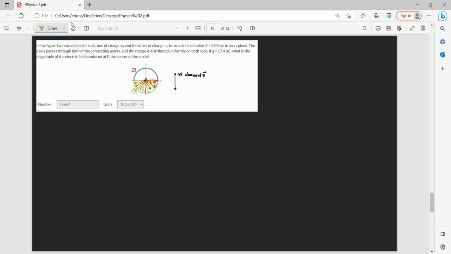So if I were to write this out, we have 2 of these, k, Q, separation distance, 0.05 squared. And so I'll draw out what this looks like. Since all of these are the same magnitude along this arc, if we were to draw the x and y components for these,